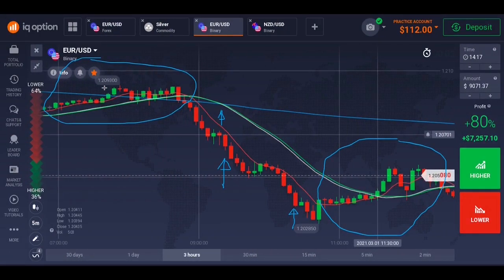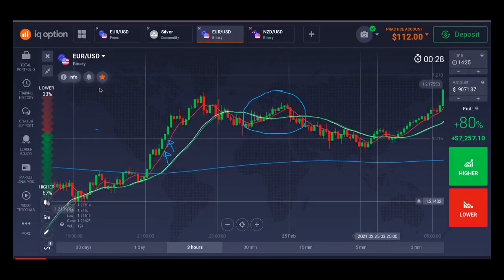So that's how to sell with this strategy. So now I'll be showing you how to buy with this strategy. To buy with this strategy, you wait for this red moving average, the white moving average, and the green moving average to cross this blue moving average. After the red crosses this blue moving average, the white crosses, and the green successfully crosses this blue moving average, then you buy.